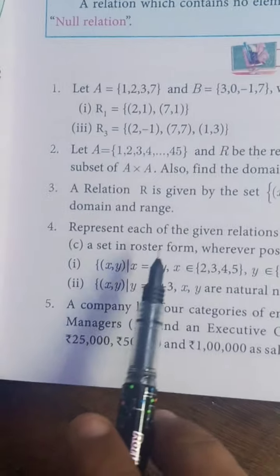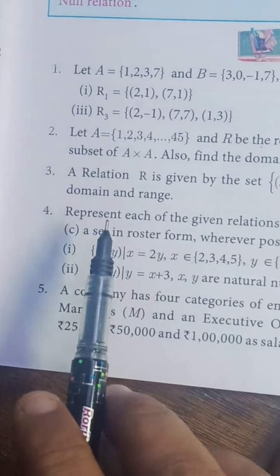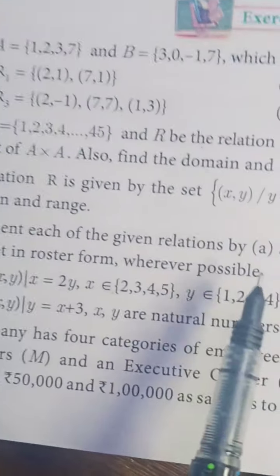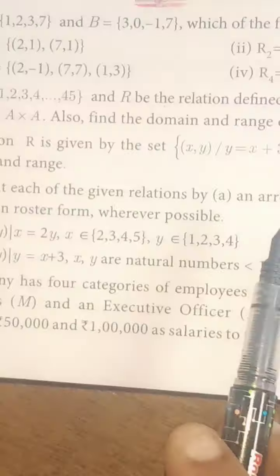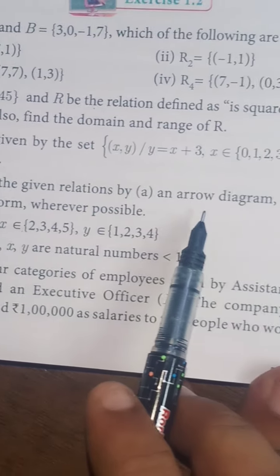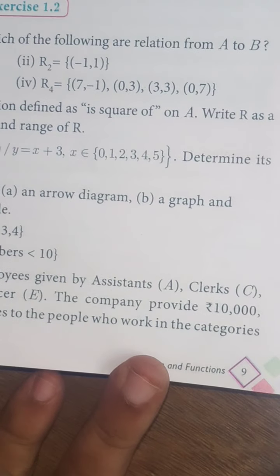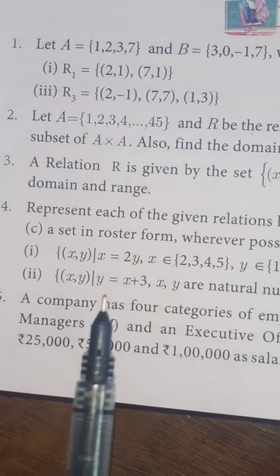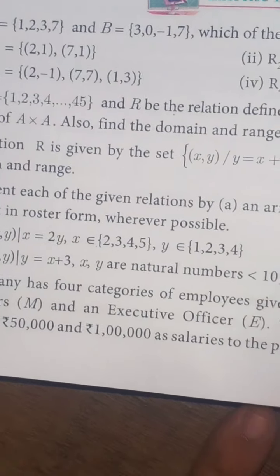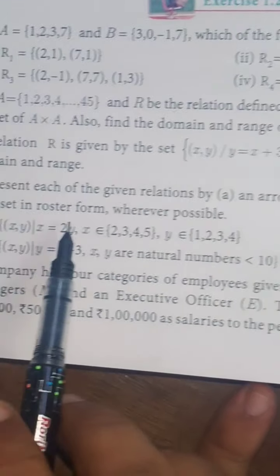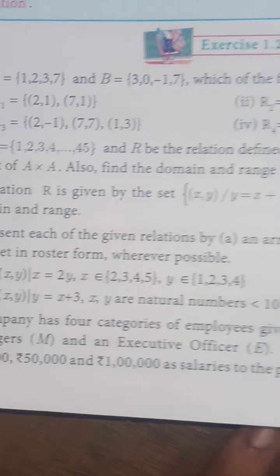Listen, you are asked to represent each of the given relations by an arrow diagram, graph and set in roster form. What are they? Arrow diagram, graph and the set in roster form. Okay, now